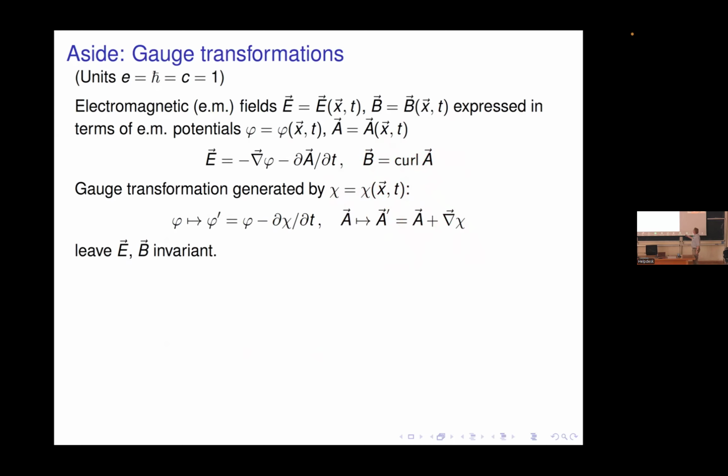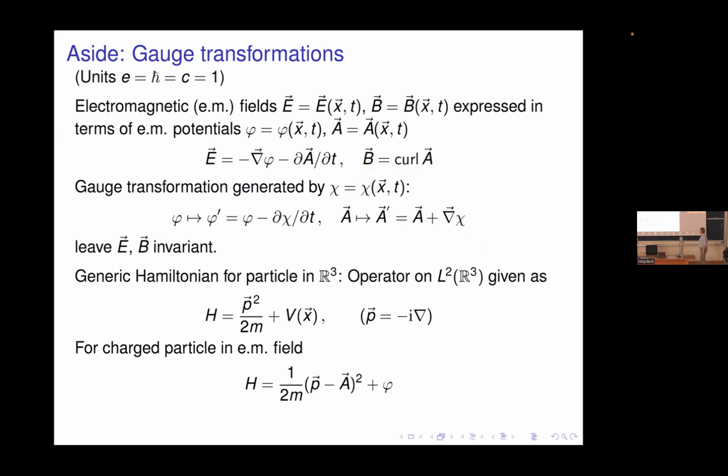Now, if you had no A field before, therefore no B field, by changing this, just having a gradient, the new A prime just being a gradient, would still give no B. That's called a situation of a pure gauge. There's no B field of its own. It's just the gauge transformation, and this gives E equals